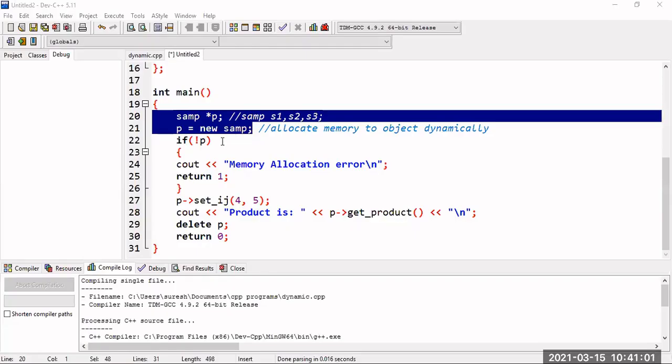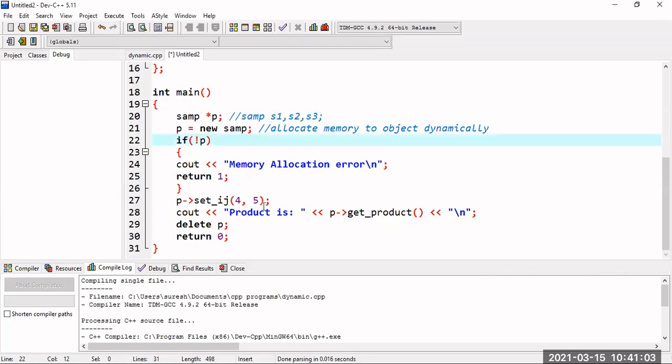Yeah, 1 minute. Is the screen visible? Dev C++. Yes, sir. Right. So in case of this one, this is the normal way to create objects, but here I am creating the pointer variable sample star p, and now the memory is allocated dynamically by using p equal to new sample.